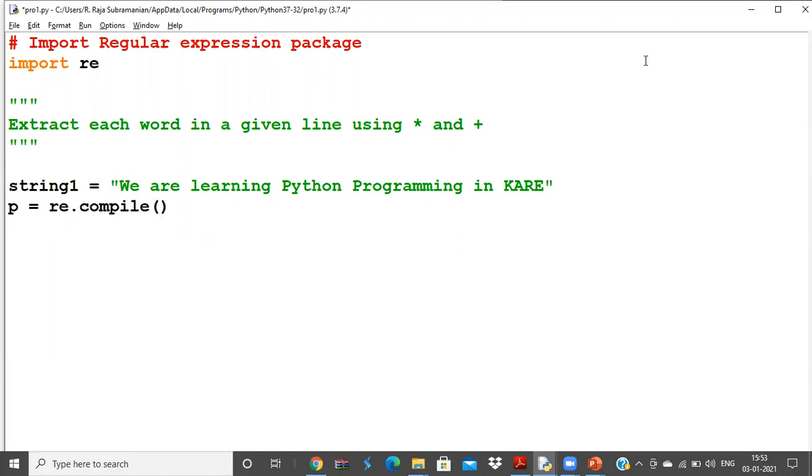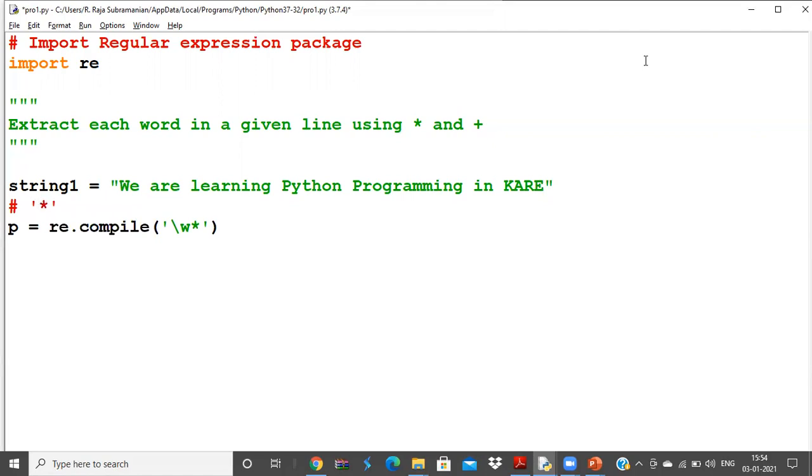For extracting words, we know that we have something called the \w escape sequence. This escape sequence extracts individual characters from a given string. I mean characters, because it extracts a single character from the entire line, one by one, so that is a string of size 1. If I want to extract it as a word, what do I have to do? Very simple, put a star. Now what is this star going to represent? We need to understand.